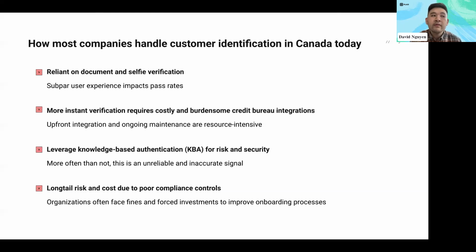What we also see in the Canadian market is that a lot of financial services still rely heavily on KBA, or knowledge-based authentication. That is a pretty archaic way to verify users in this day and age. And there are a lot better tools to supplement fraud prevention. How can you leverage that without adding friction